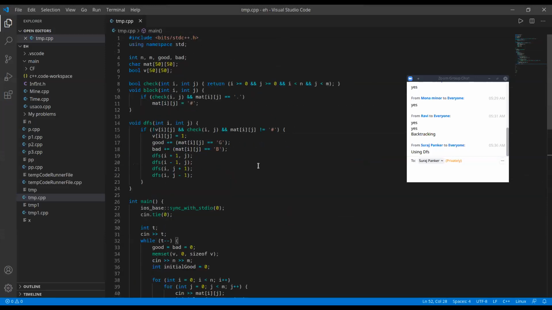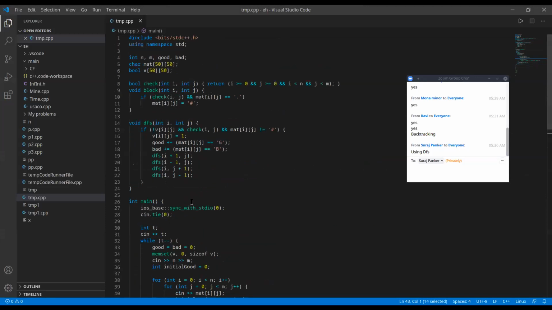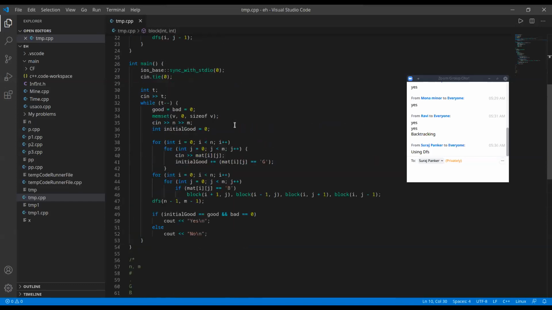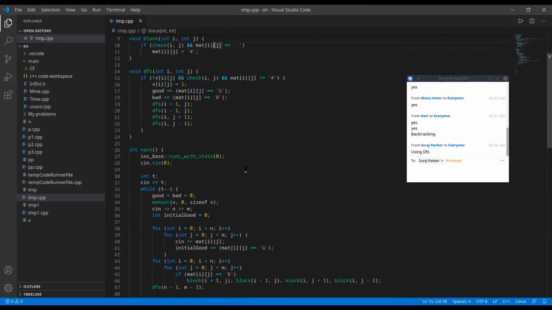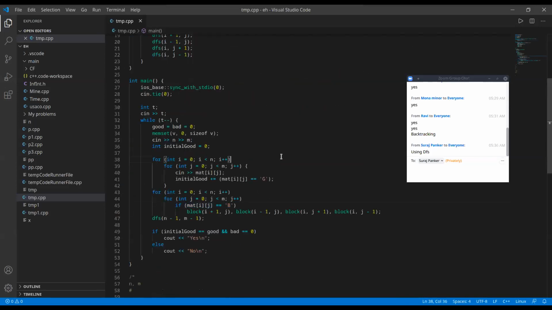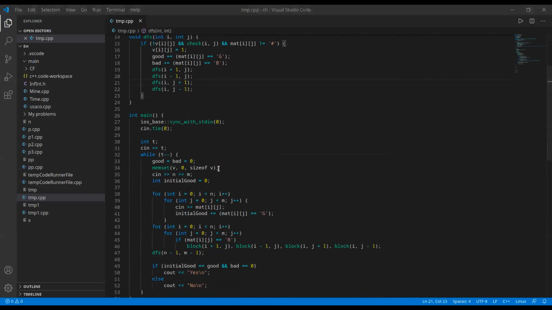Of course, I'll submit it to Codeforces, but I want to know first, is there any point that it's not clear in this code? Do you understand everything? If anyone has a question, just tell me. Okay. Let's try to submit it.